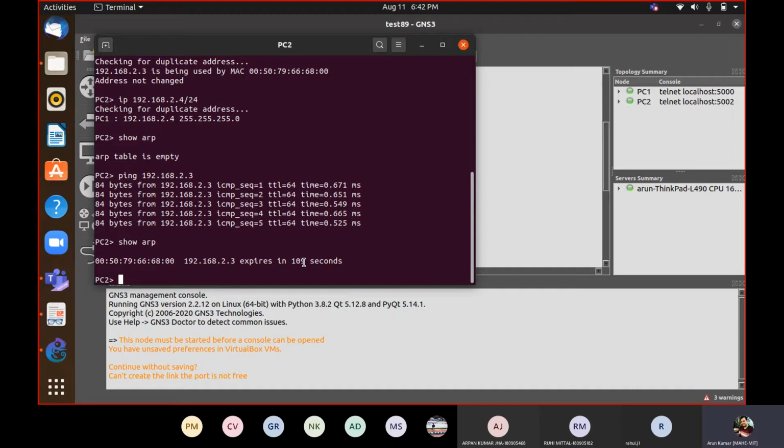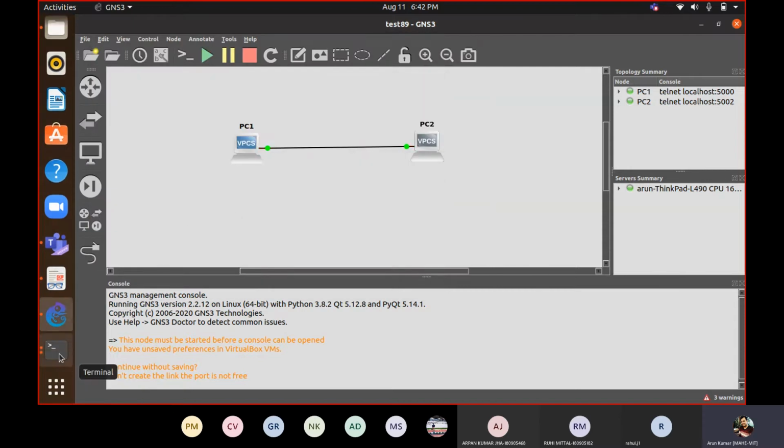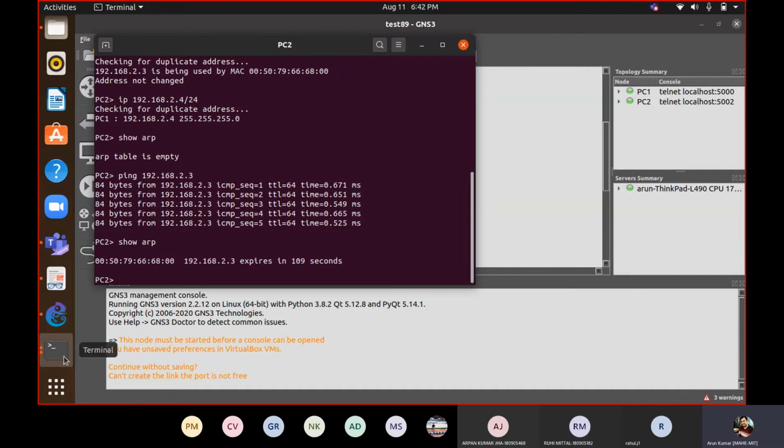In big networks where your topology is stable and they know that these devices are going to stay here for a while, they may maintain these entries for an hour, for a day, for 2 days, for a week, based on the stability of the network. So this is one thing. Now we will introduce, and in PC1 also you can check.